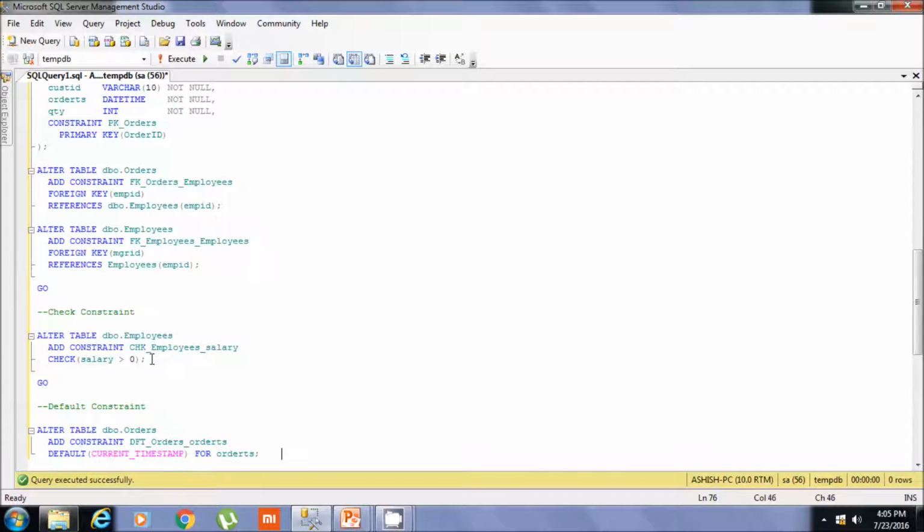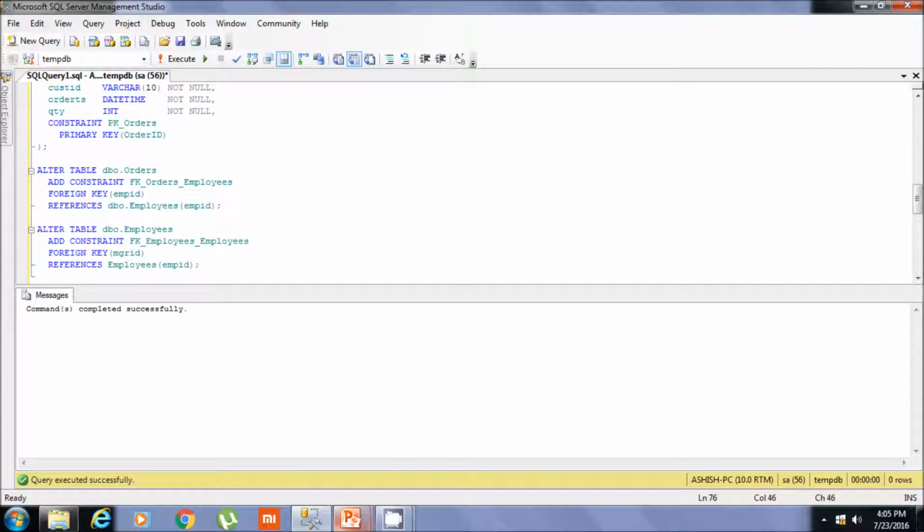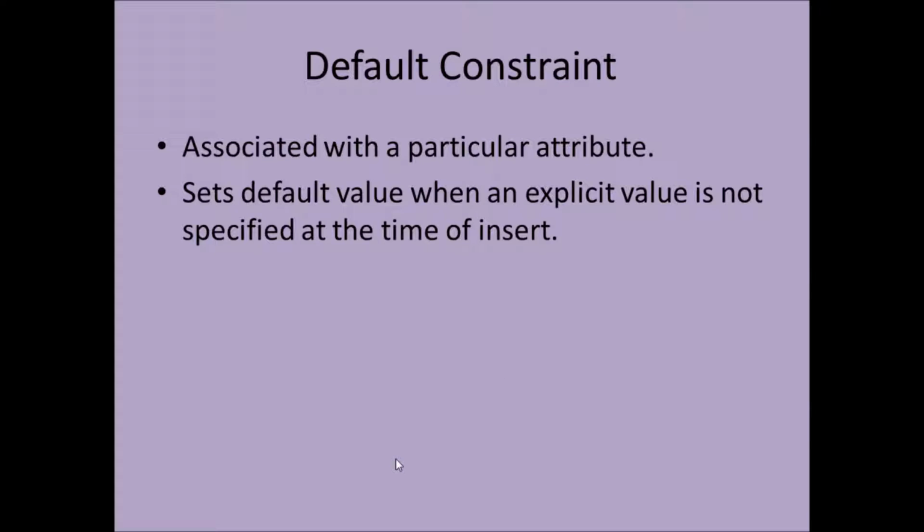Next is default constraint. In the orders table we have an order ts column. We are assigning a default value to the order ts column. The default value will be current underscore timestamp. So whenever we have an insert in the orders table and an explicit value of order ts is not assigned, then this default value will automatically get inserted. So this was all about defining declarative data